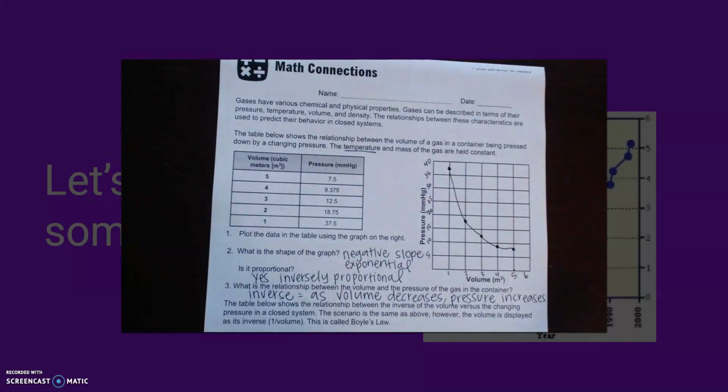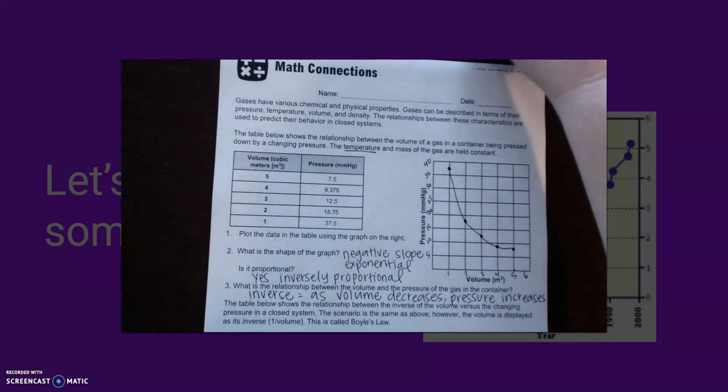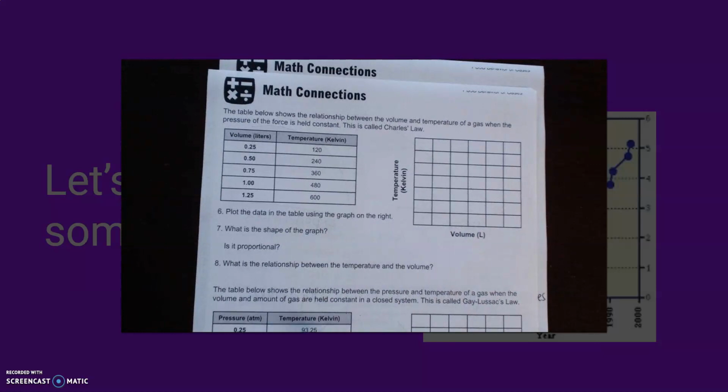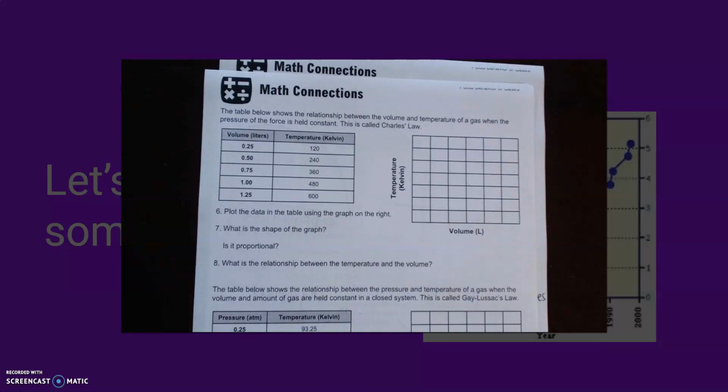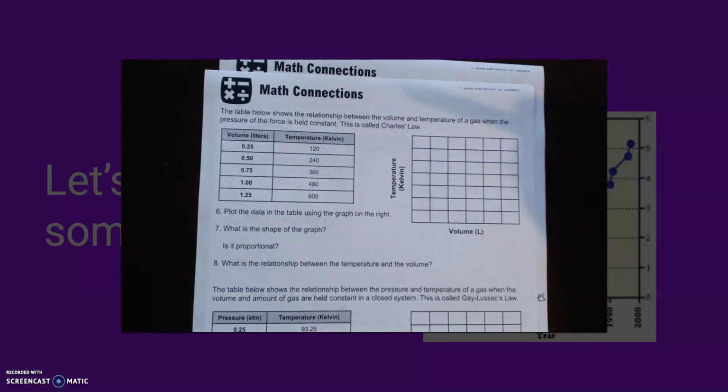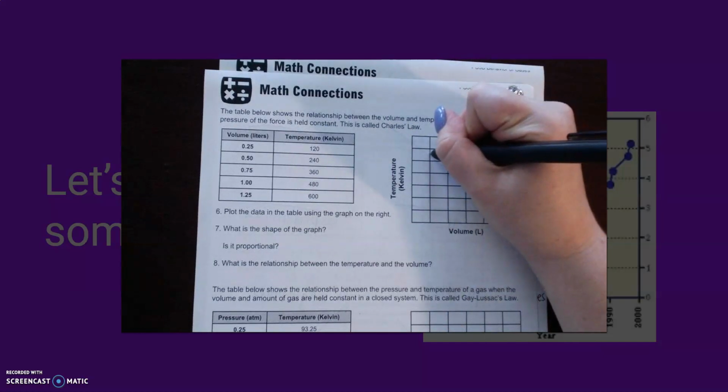You are going to go on and look at questions 6 through 11 on your Math Connections sheet. You should be able to type directly into the document and submit it. If you would feel more comfortable drawing your graphs on paper, rather than creating them on that Word document, you can. If you feel comfortable enough to add shapes